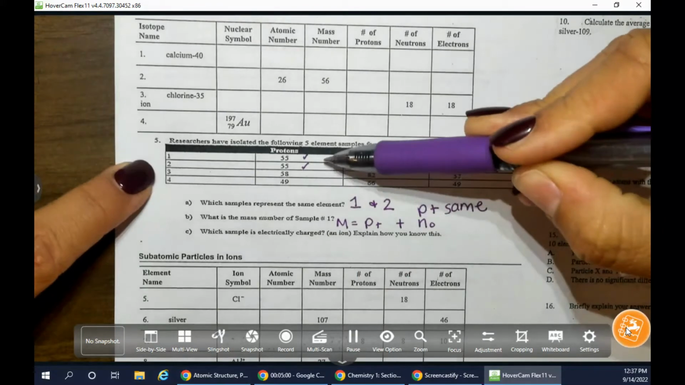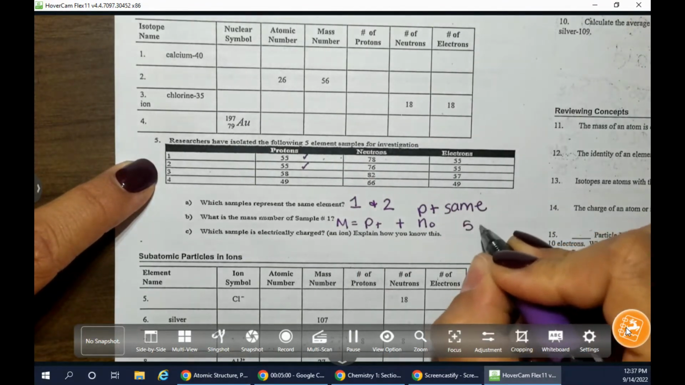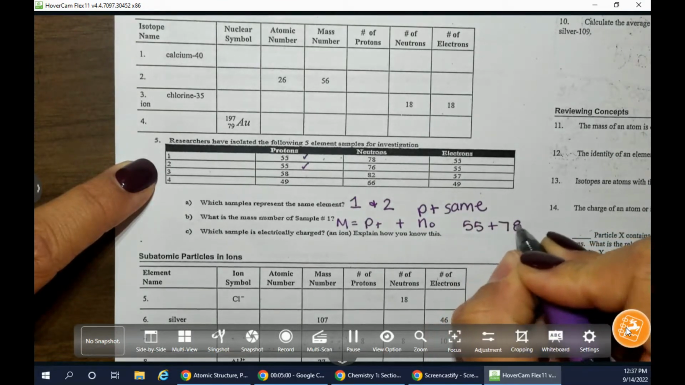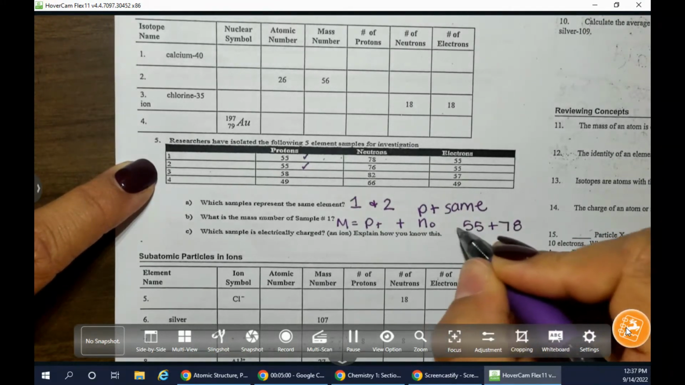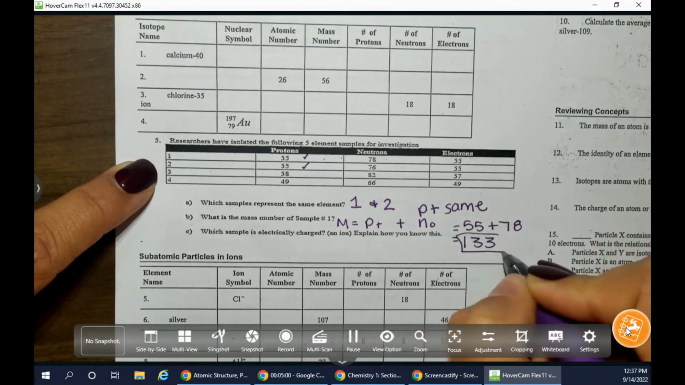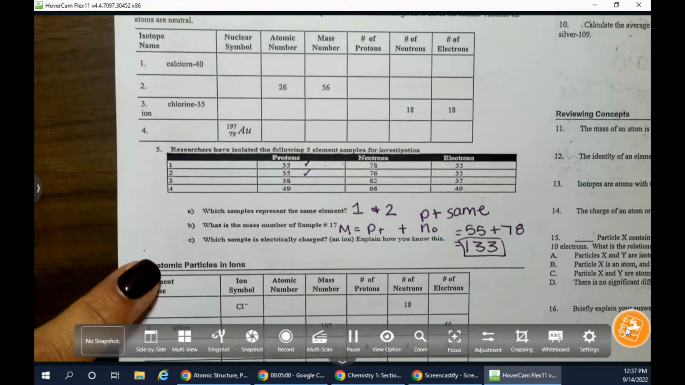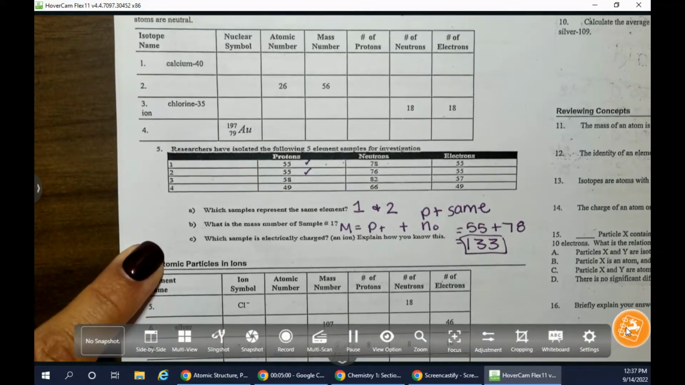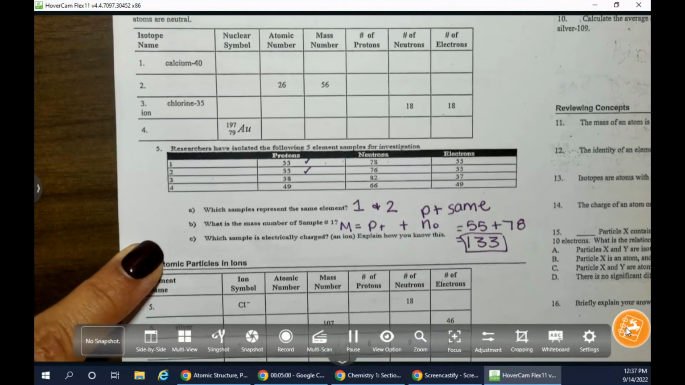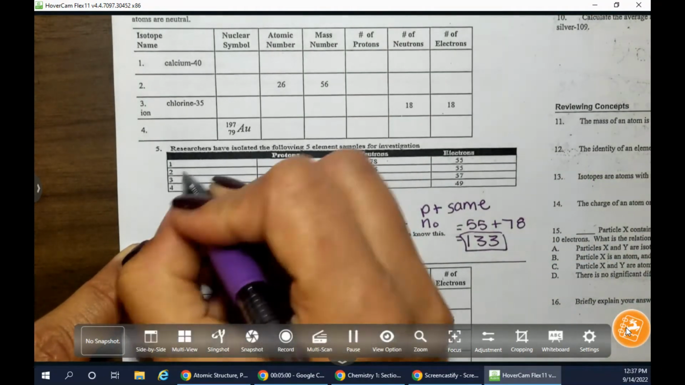So let's look up here. We have 55 plus the neutrons, 78. So we have 55 plus 78, and that will equal 133. So the mass number for sample 1 is 133. So since we just talked about it 2 seconds ago, let's go ahead and write the isotope notation for that, okay? So the isotope notation for this one is going to be, we said cesium,